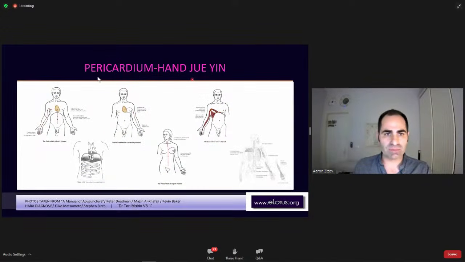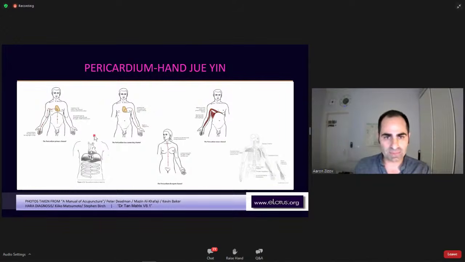Okay, pericardium. The channel is basically from the heart area, from the chest, goes through the medial part of the hand. And I mentioned one thing which is usually not so known or mentioned, the spiral movement of the pericardium, like an internal spiral, which covers basically all the other channels, controlling or supporting or giving the border to all the other channels. Today we'll talk about it a bit deeper